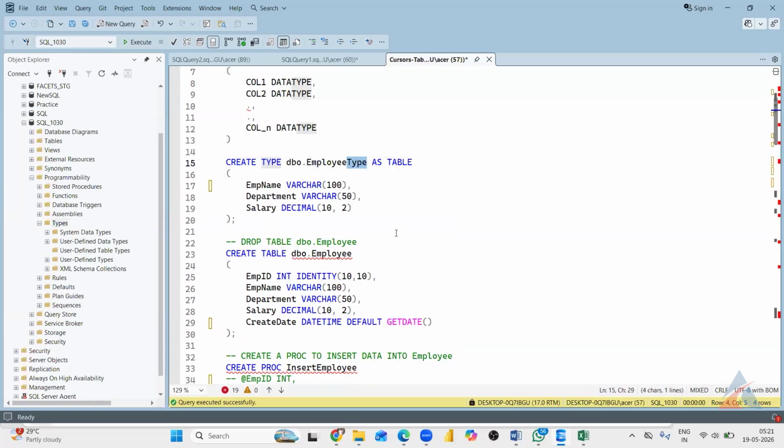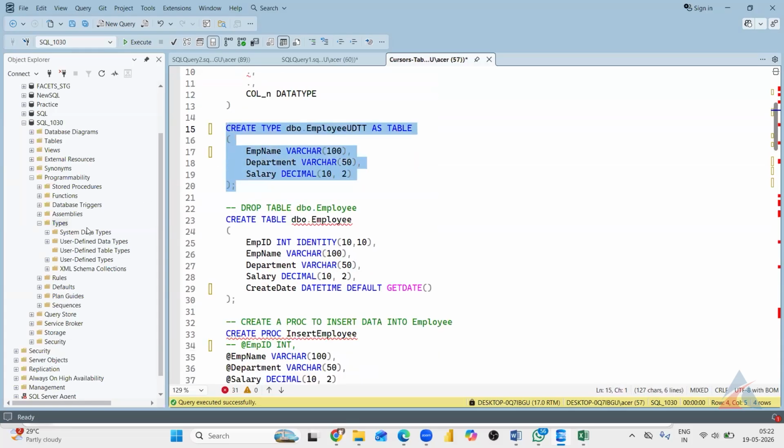Normally, it will be given a name like this as well, for a user defined table type: employee UDDT, so that we can identify this is the table type, user defined table type. So create type employee UDDT as table, open bracket, first column data type, comma, second column data type, and third column data type. In this way we will create our table type. Currently, if you see, we don't have any table types under this folder. So once I create this